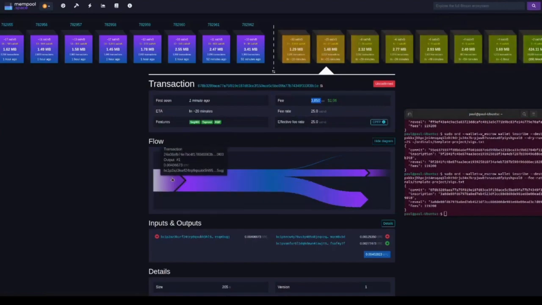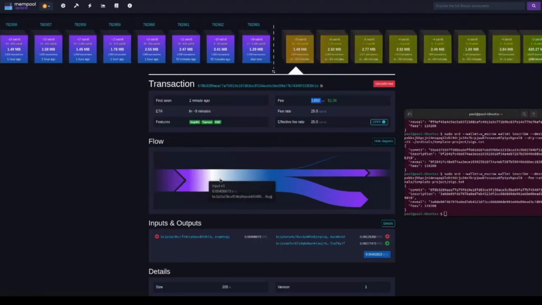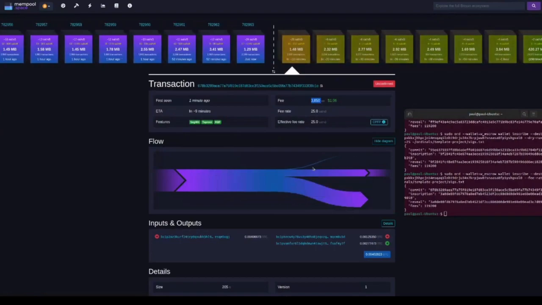And this is what it looks like. So it took one of my unspent transaction outputs that I have in the escrow wallet, and it split it out into 3 different outputs. Well, 2 different outputs, and then I paid the fee to the miner, right? So this output here